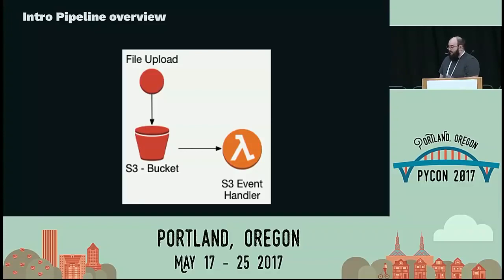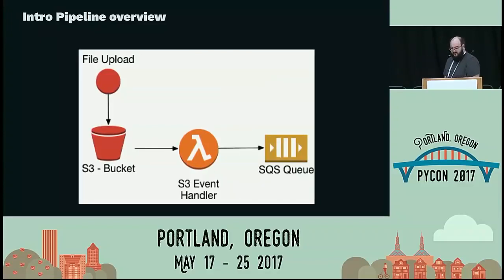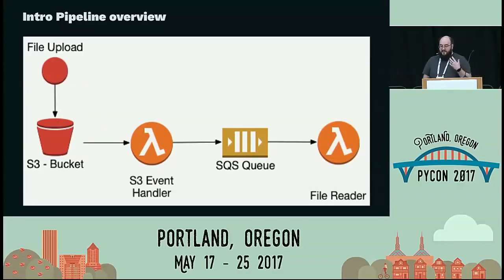And the way that we can break this event coming in from the actual processing of things is to use a queue. So here's an example with a small SQS queue in place to hold the events that are coming in until we're ready to react to them or do something with them. This queue can then feed another function, which is great because we can decide at this point, the handler knows the file's name. It may know metadata about it that we've appended to it, but it doesn't actually do anything to it. We can then hand that off to a separate function that performs the appropriate handling of that file.